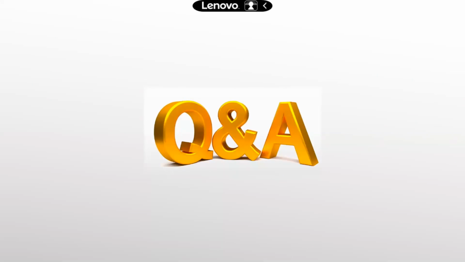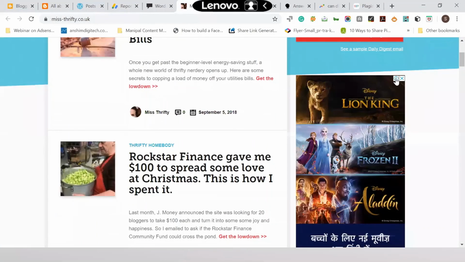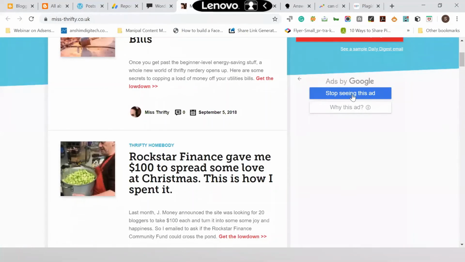Sujay is asking me what is with the cookies notification in the European Union. There is a rule laid out that without the consent of the audience, you cannot email them, and you cannot show the ads. In Google, you also have an option to select the ads that you don't want to see. Whenever an ad comes on a website, you can go to ad settings and say stop seeing this ad, and Google will not show me this type of ad.